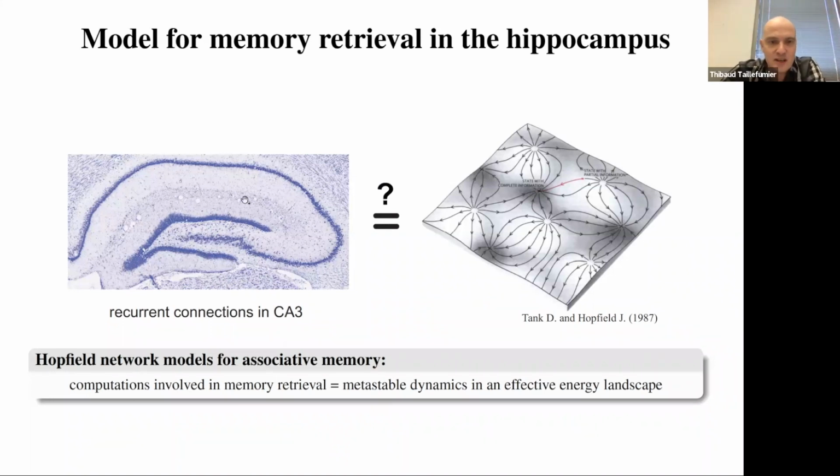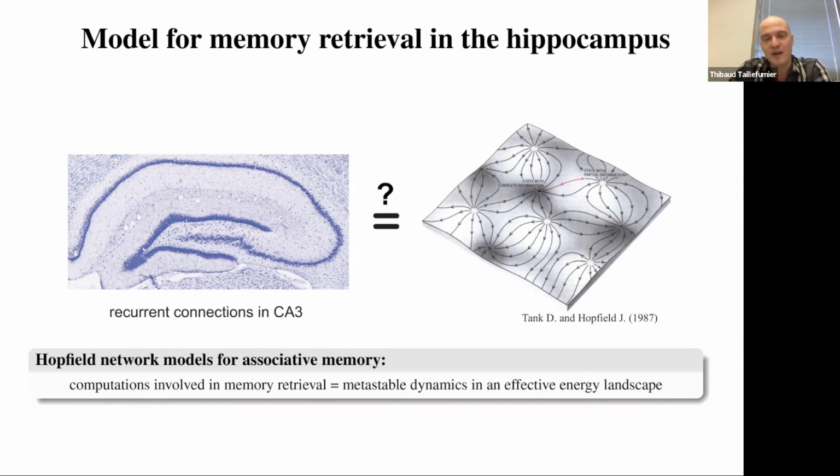And so that suggests that this process of memory retrieval can be modeled as a metastable dynamic. Metastable dynamics here means that if you think about what's happening on the short time scale, you're just hovering around a state that looks stable, so it's a quasi-equilibrium. But if you look at it on a longer time scale, then the dynamic will be dominated by sharp transitions between those quasi-equilibria, because presumably there is more than one, okay? So it may be of interest to have a clear understanding of how those metastable dynamics may arise. And